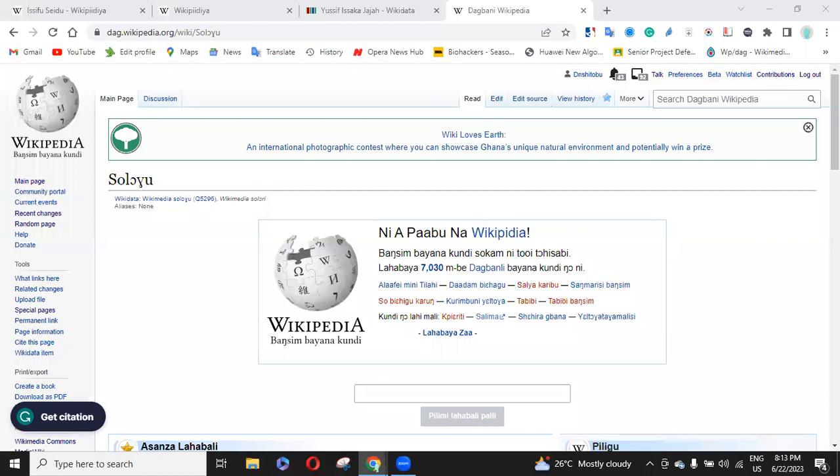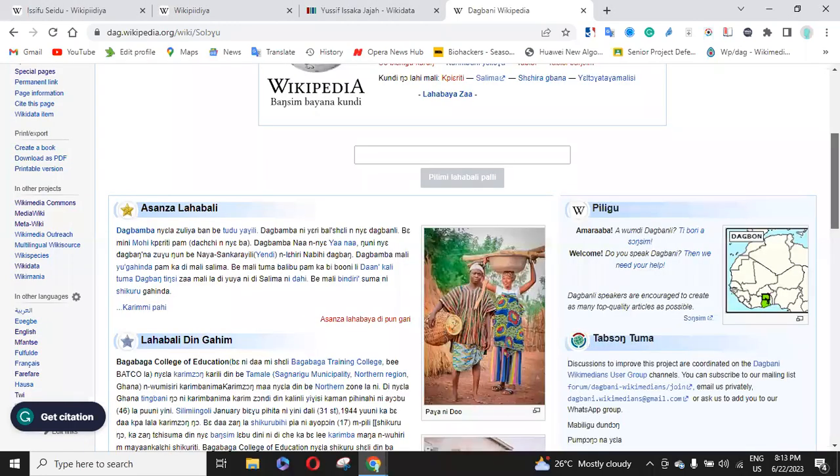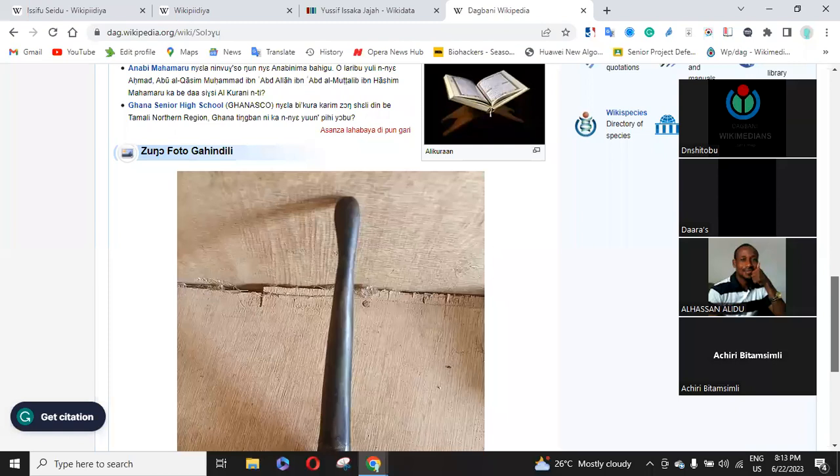So this is the homepage of the Dagbani. Okay. Now what we are seeing here, there are a bunch of templates. You could see that shift from